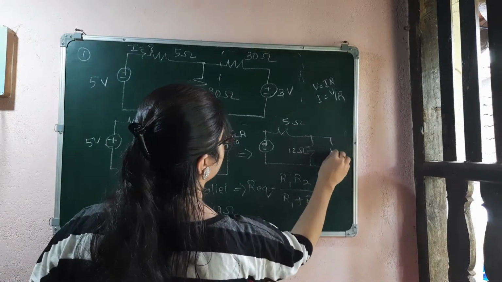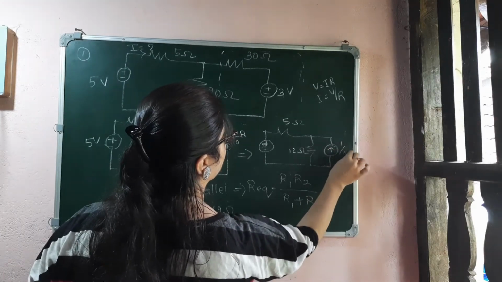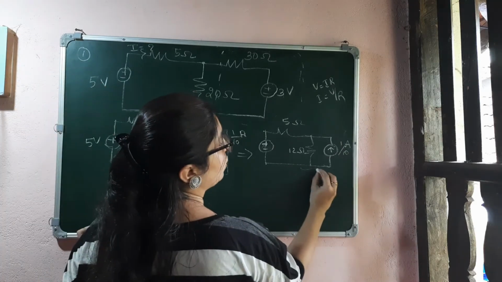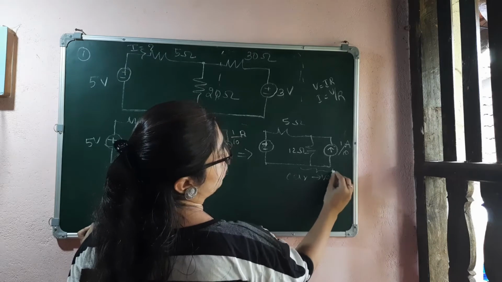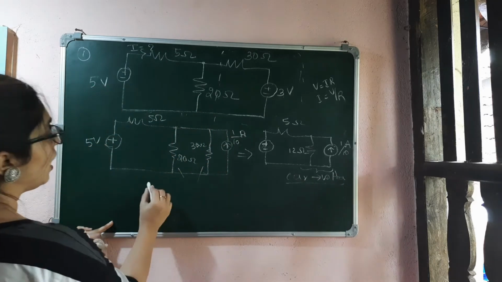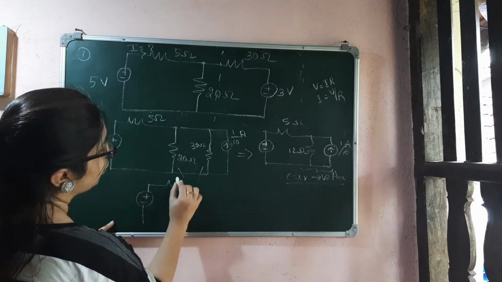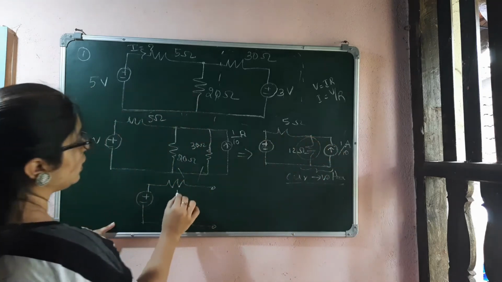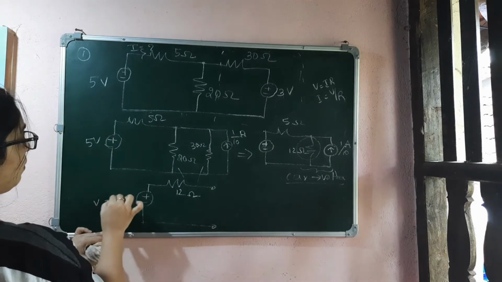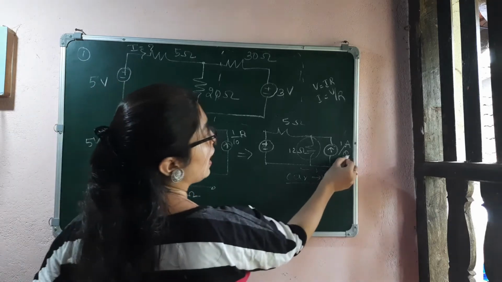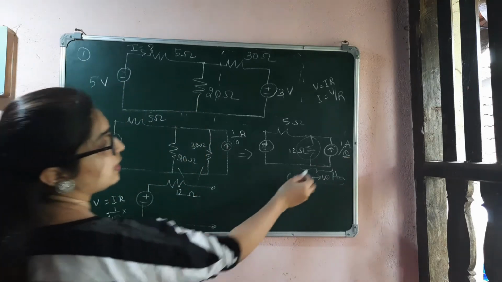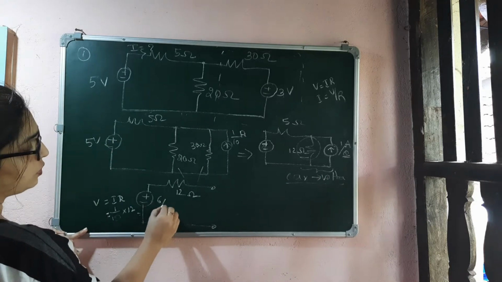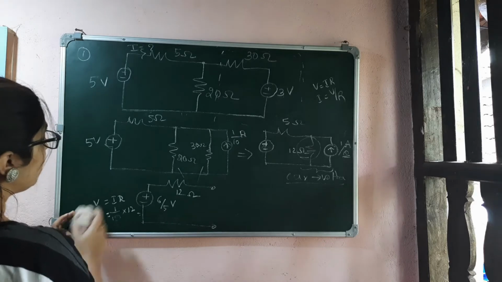Now we have this current source, that is 1 by 10 amperes. Now to convert the current source back to a voltage source, I can write the equivalent as a voltage source in series with a resistor. The resistor value will be the same, that is 12 ohms. But what will be V? That will be equal to I into R. What is I? It is 1 by 10. And what is this resistance? It is 12. So V can be written as 6 by 5 volts.